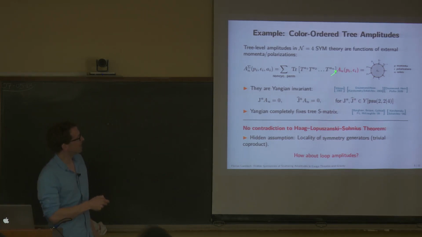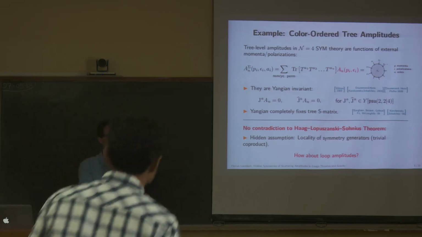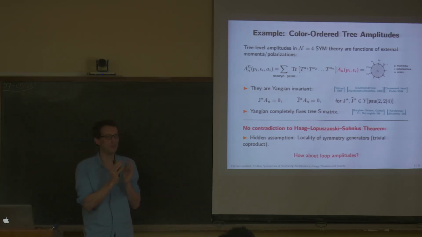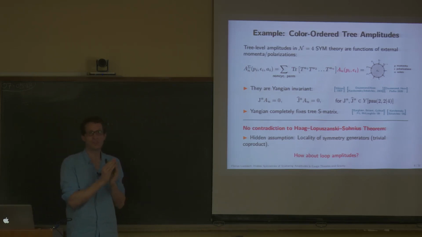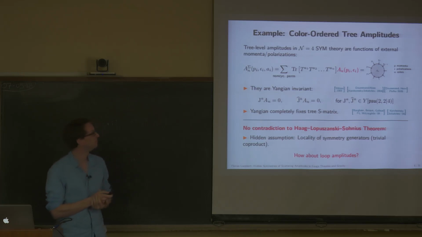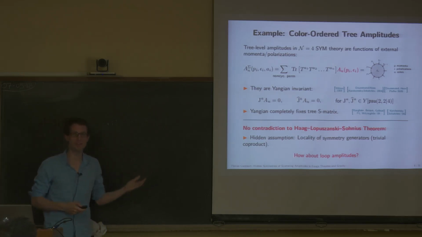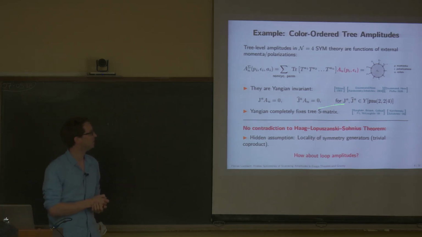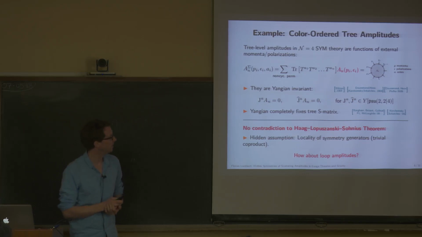Again, I have this color trace here, and as I already said, this color trace is important to actually write down the action of the level 1 generator, because it has this bilocal coproduct. But then again, these generators are differential operators. One can act with them on the amplitude, and one finds invariance, and actually one can even argue that this symmetry completely fixes the tree-level S matrix of N equals 4